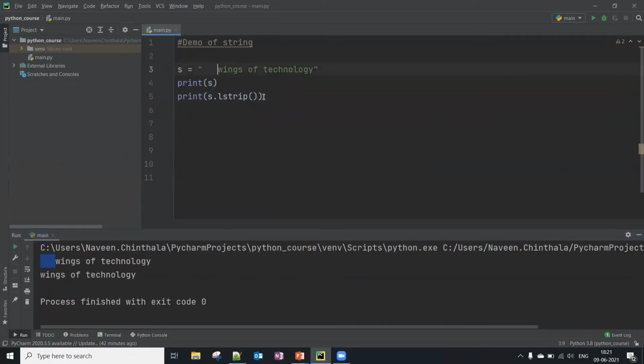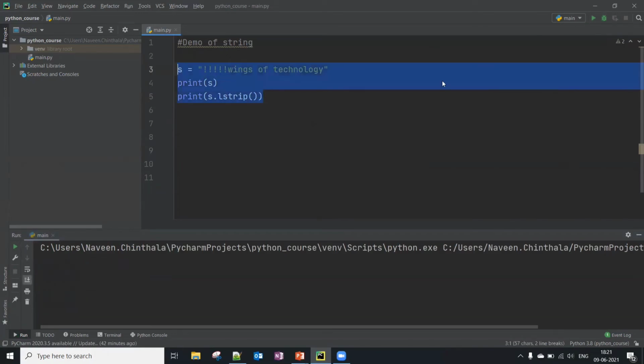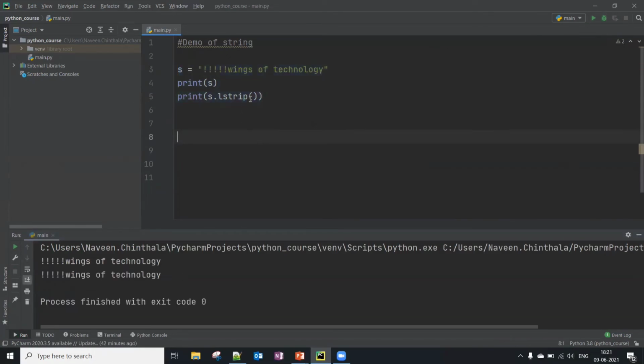Let's say we have some other characters like this. Okay, I have an exclamation mark. Let's see what it will do. And I'm asking to strip the exclamation mark. See, it stripped the exclamation mark, and this is the left side.